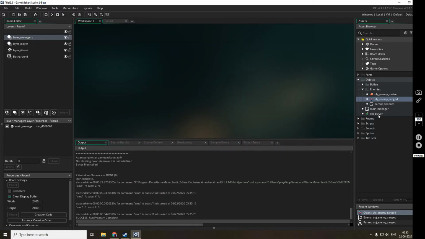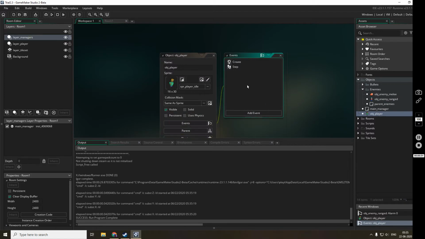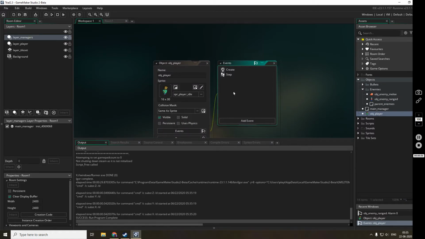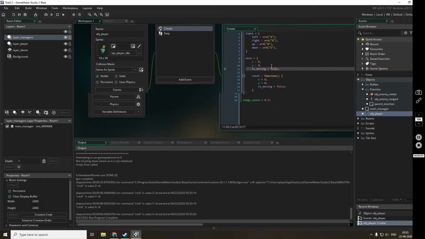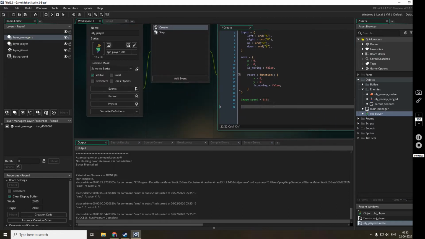So the first thing we'll implement is another movement of the player, that is dash. So we'll create a state machine in the player. First of all, it will be very similar to the state machine that we created in the enemy in the previous video. So what we'll do, we'll first create a normal